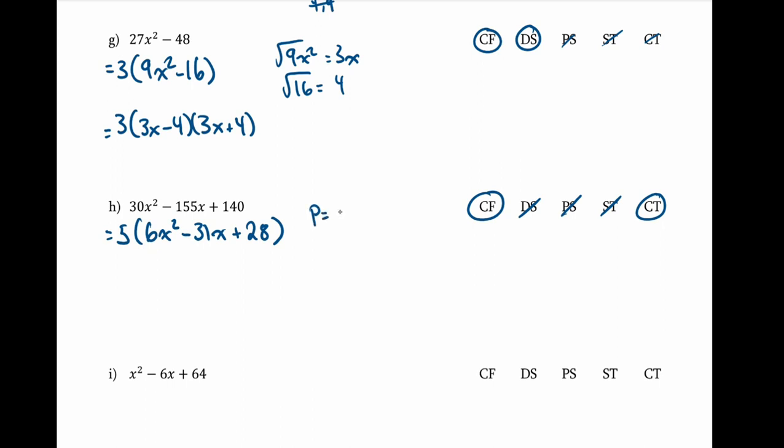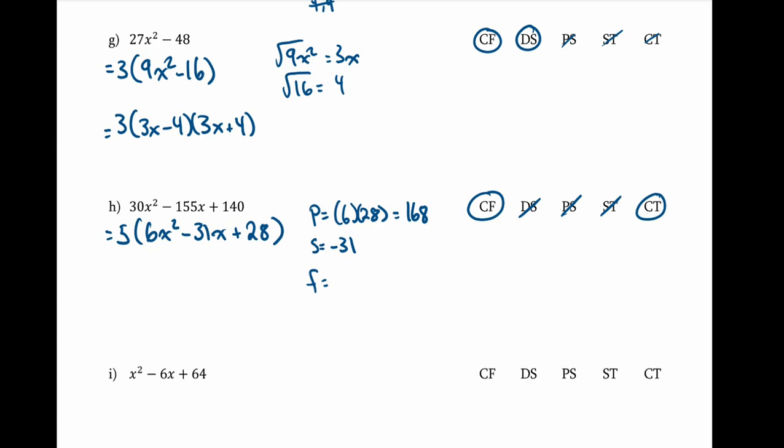So that means we're looking for a product of 6 times 28, which equals 168, and the sum has to equal negative 31. So here we should be looking for 2 negative numbers. But let's focus on finding numbers that multiply to 168. We should start with large numbers and work our way up. So maybe let's try